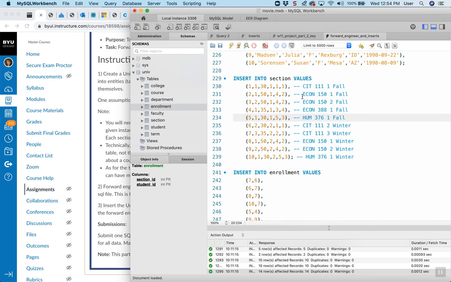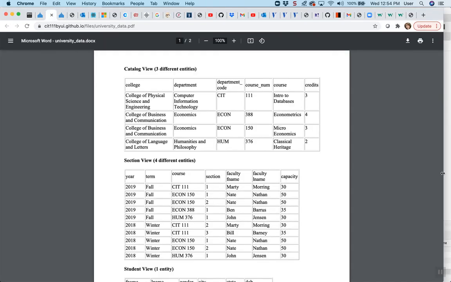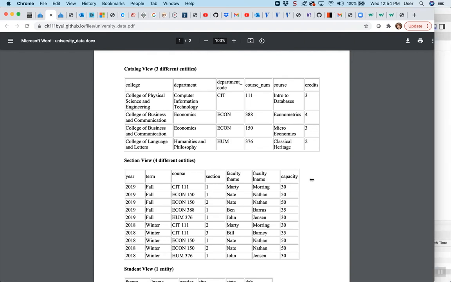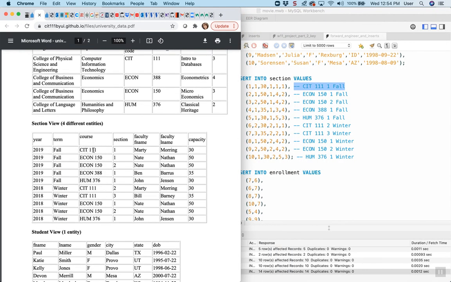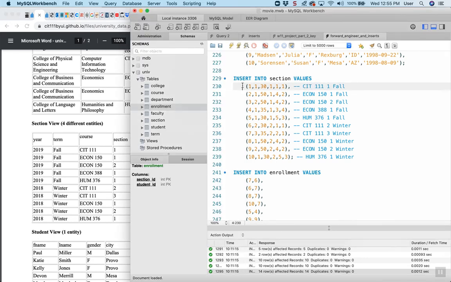Okay, so I like to put a comment next to it. As I'm going through the PDF and adding each of those classes in, I like to say, okay, the first class was fall of 2020, section number 1 is taught by this person, has a capacity of 30. I like to put what class I'm doing here because this is really confusing to me,